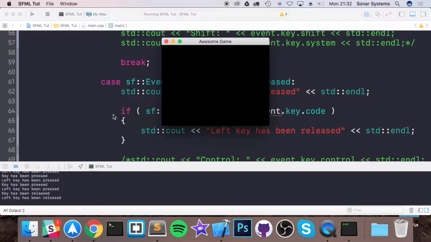Events are great for just detecting when something has occurred, so maybe the window's resized or closed, or even for button events as well. If you are creating some sort of button class that the user can click, you might want a pressed and released event on it. But generally speaking, for gameplay, you'll want real-time input because that allows you to check for a particular type of